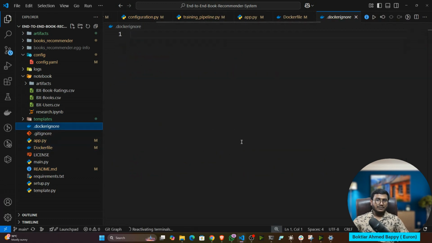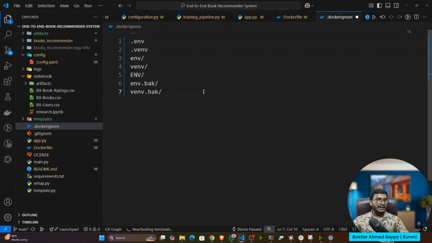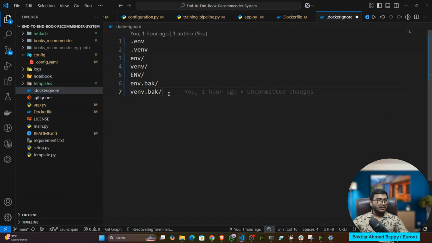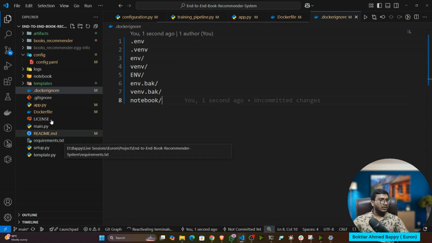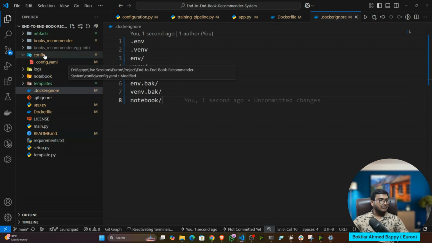And in the .dockerignore, I'm going to write some files. So these are the files and folders it will ignore. I also want to ignore the notebook because the notebook is not required. So let me also mention it. Apart from the notebook, if you want to ignore anything, you can mention it here.